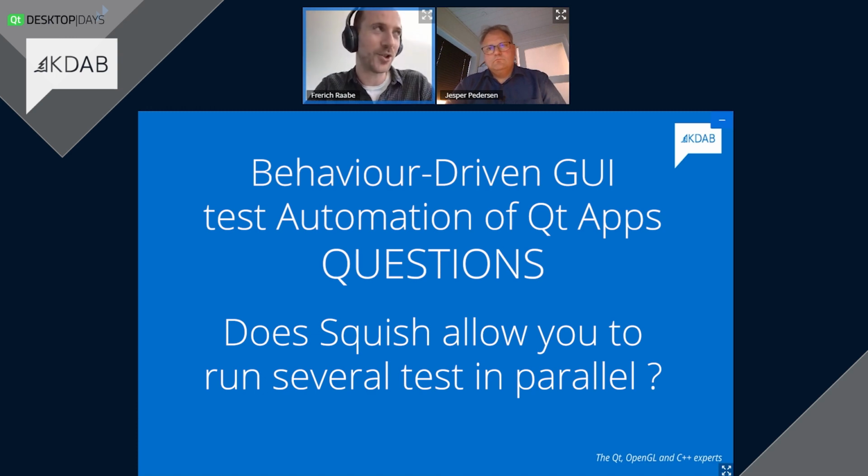Another way to approach the issue is by identifying which test cases need to be executed in the first place. This is a little bit more involved, and tomorrow my colleague Nicholas is going to talk about it at 6 p.m. Central European Summertime, I believe. The idea being that you combine GUI test automation with code coverage analysis. With our other product, Coco, you can measure the code coverage per test case. So you know for every test case you execute with Squish, which pieces of your application are exercised.